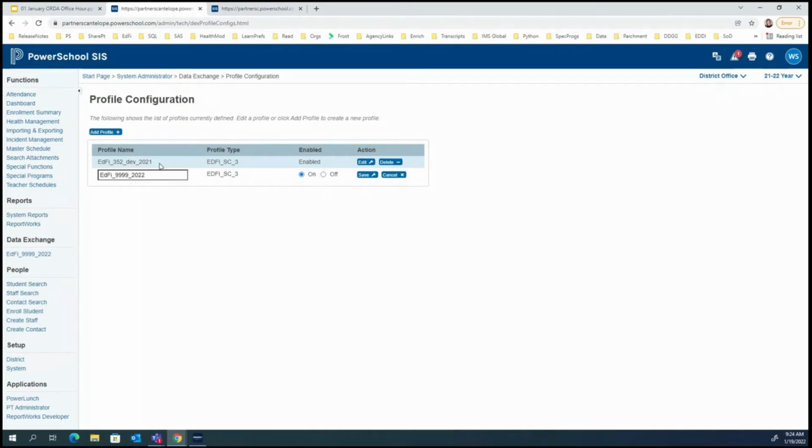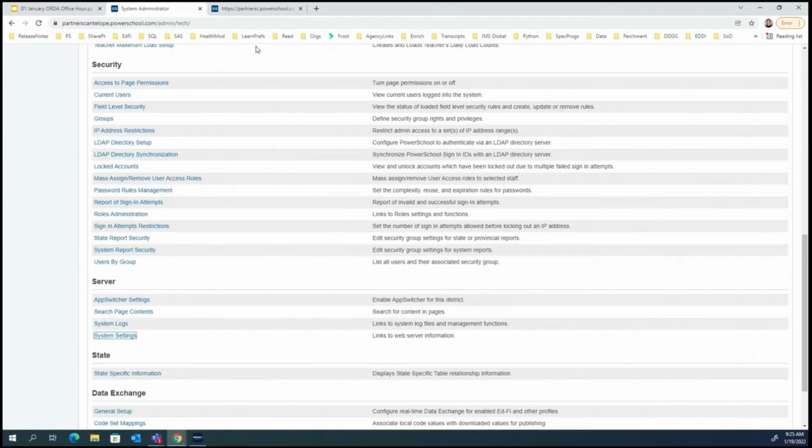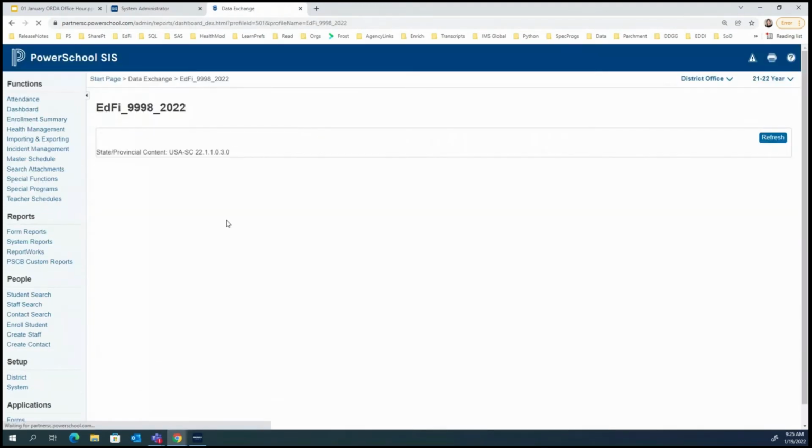I forgot about this. It's going to make me disable it before I can delete, I think. Yeah, let's try that. There we go. Okay, so I'm going to go over to this dashboard because I know this connection has been established. Oh no. Okay, deleted, probably the wrong one. Okay, what I'm going to do is use the profile that's over here.